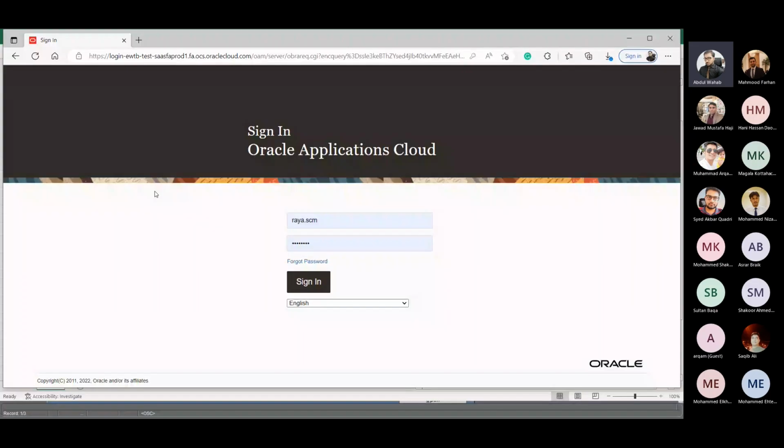In your user, after that, you click on any responsibility, it will open one Java application. And every time you run this Java application, can you please,